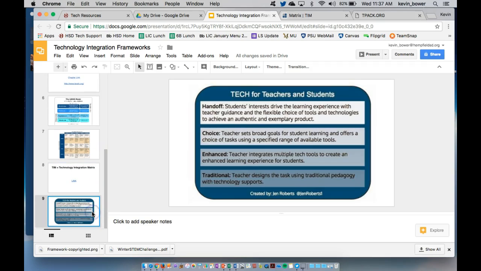Then I came across this one actually last spring and in the summer I've taken a look at it. It's called Tech, and what it does is kind of an expansion of the SAMR model. On her blog, Jen Roberts talks about how the SAMR would be the intro, the Tech expands, but the TIM I think really fully analyzes both the learning environment and the technology integration. It takes a look at